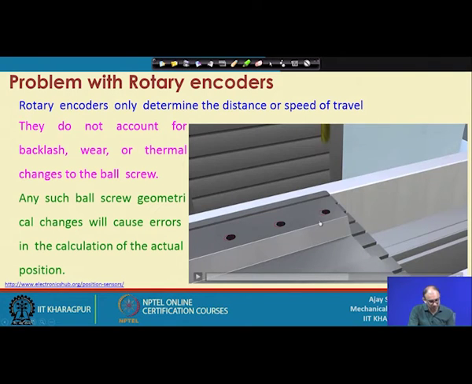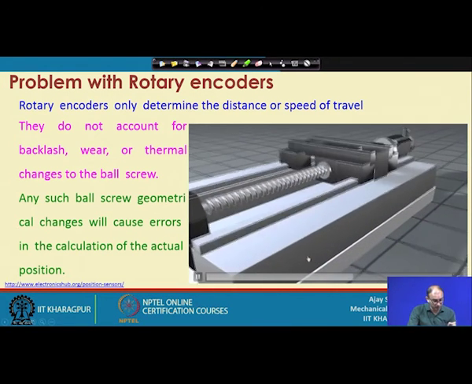Right. So, if you see the last hole, you can see how much is the difference between the desired position and this position. Right now, this example is related to thermal change only, but it may be because of backlash also, wear also, because whatever the mechanical system is, you will get wear, not today, but after 2 more years or after 1 year also. So, that is the position problem here. Now you can see how much is the difference between those two parts.